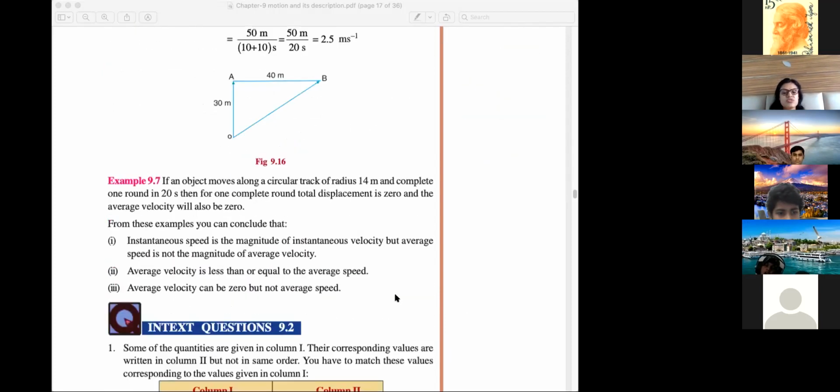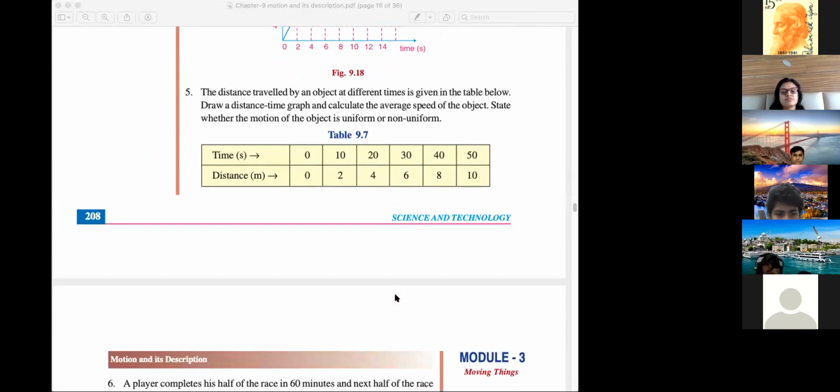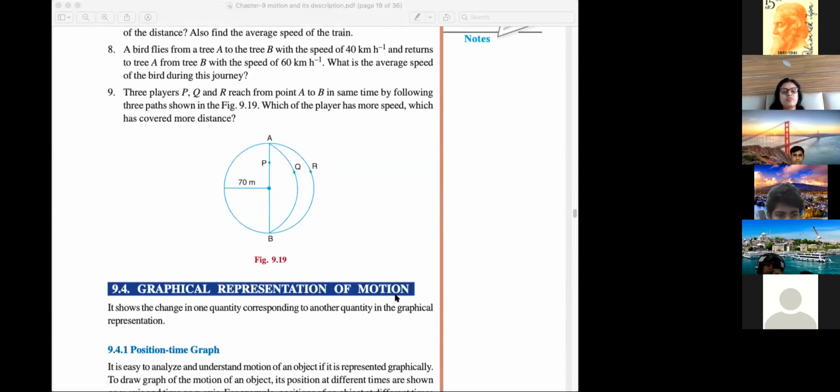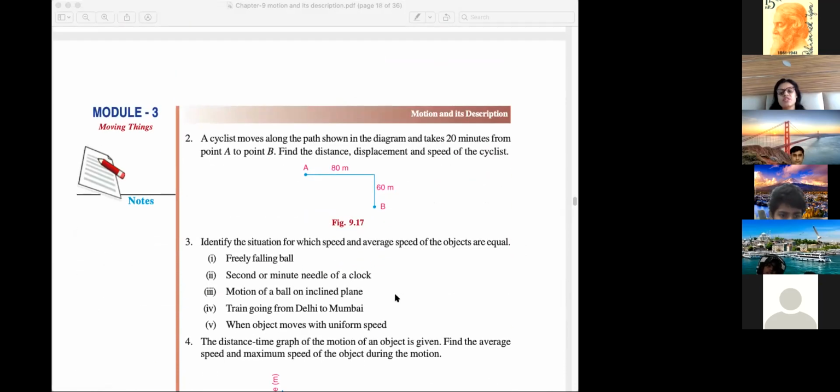So these things you just go through and complete this 9.2 exercise. Okay. 9.2 exercise, 9 questions are there. Why I am giving you full exercise? Because you people don't go through the question also. I want to see what are the doubts of this exercise in the next class. So that is why I'm telling you to try all the questions. If you're not able to understand, tell me in the next class. And which question you have done, that also, because you cannot say that I haven't understood any of the question.